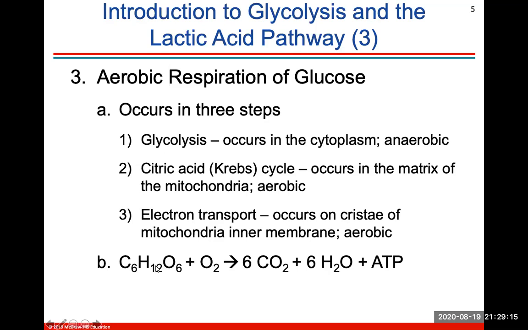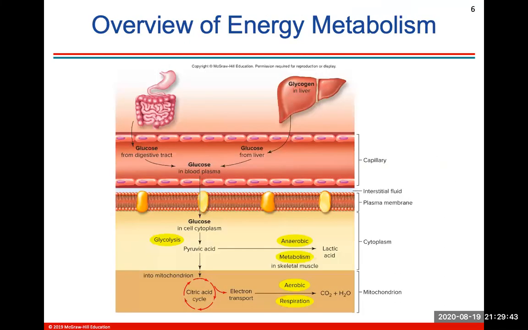Here's the chemical formula of cellular respiration. This first molecule is glucose with 6 carbons. Add that to oxygen and you'll get 6 carbon dioxides released, 6 waters, and ATP. The water and the carbon dioxide are what you breathe out as vapor, what you exhale, carbon dioxide and the vapor. So that's just a waste product of cellular respiration. And obviously ATP is what we want to get out at the end because that's the end goal of cellular